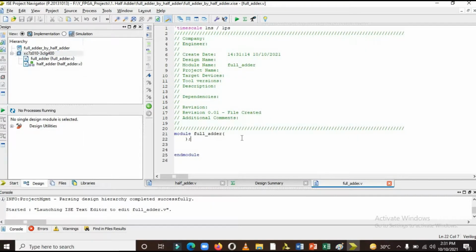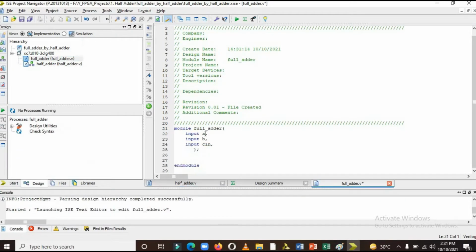So in case of full adder, we know that we have three inputs: input A, input B, and input C in. In order to differentiate the input from the half adder, I am defining this as A1, B1.